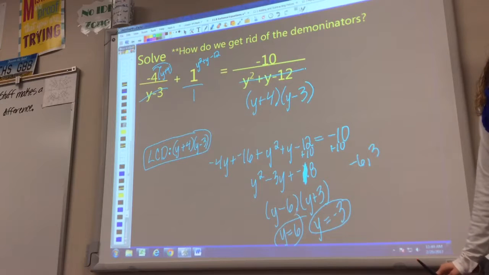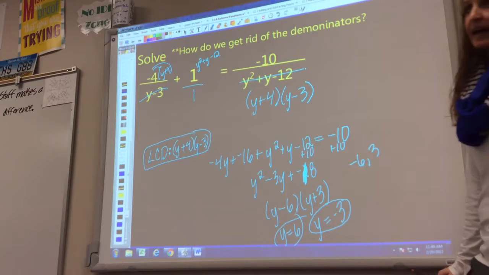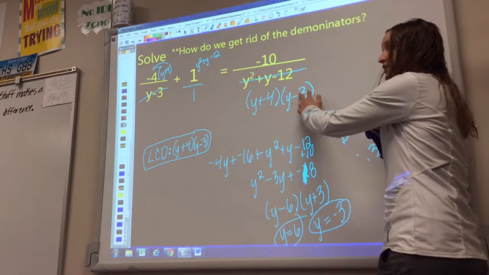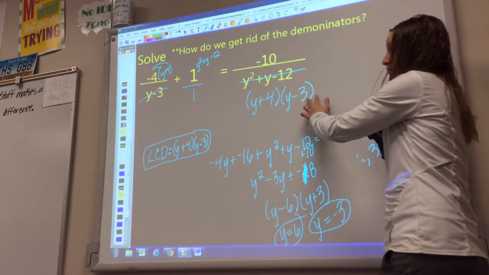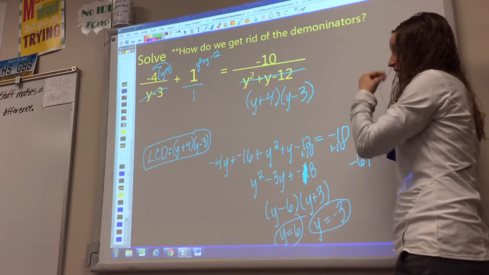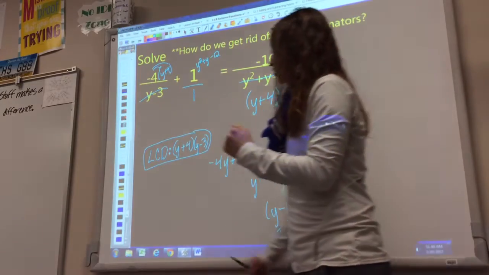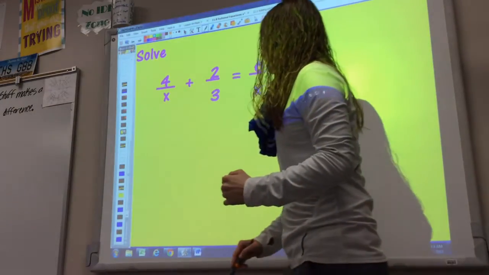How are we doing with LCDs? Did you just say that word? Now I did. Hey, we need to know how to factor, because if we get stuck on the first step, that's wrong. Like, we need to understand that. And so to prep you then, okay,